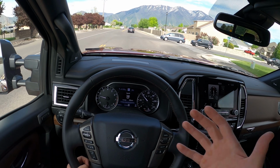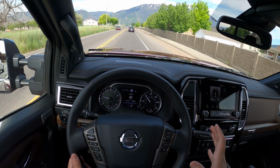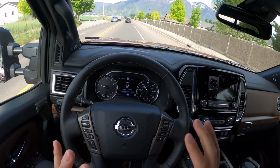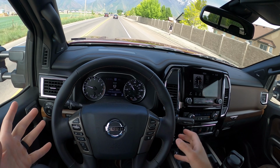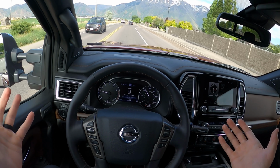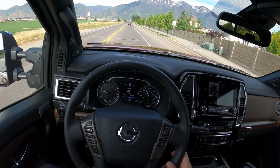So who would buy this truck? Here's the deal. Toyota doesn't have a V8 in their truck anymore. So that's the first set of consumers. If you want a super reliable, Japanese-made truck with a super good warranty, then Titan is the route to go at this point. Now, I'm not just going to flat out say that the new Tundra is completely unreliable,